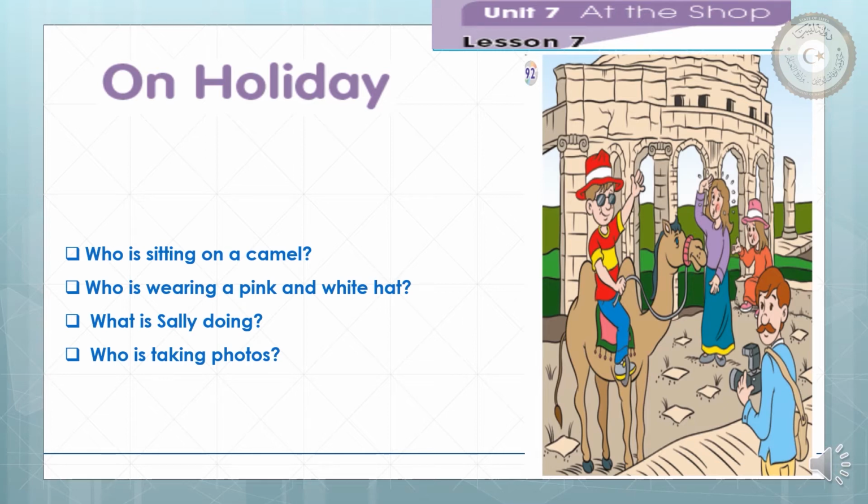This is the last question. Can you read it? What are Sally and Ben's mom doing? So mom is doing what? Look at here. This is Ben and this is Sally. So mom is standing now. Mom is standing in the middle between Ben and Sally. Look at her face. Her face is red too. So the weather is very